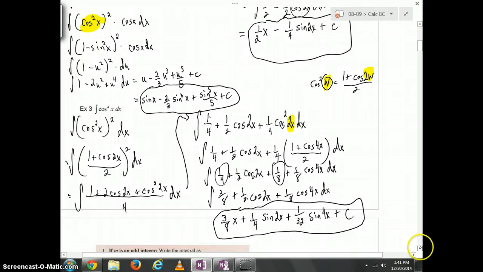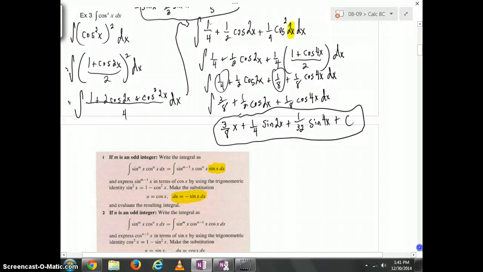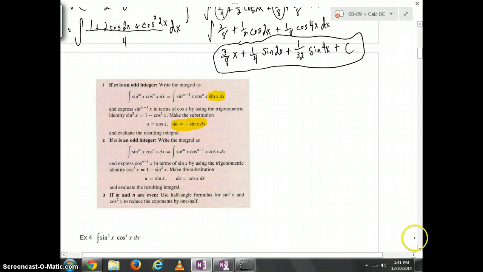So if we flip over to our next page, we're more or less summarizing some guidelines that we just saw. Let's say that m is an odd integer and we have sine raised to an odd power, where we have sine and cosine inside the integrand. Take one term of sine away, take that one factor out, and then you'd have sine to the m minus 1, where it's an even power now. Then we go back to our Pythagorean identity with the even power, and then we're able to make a u sub